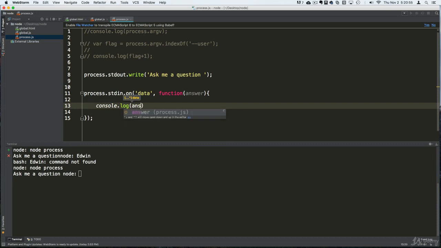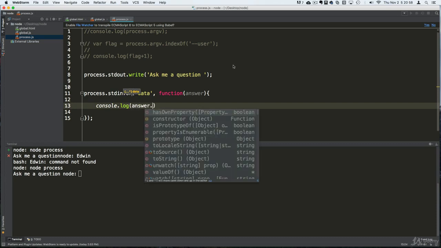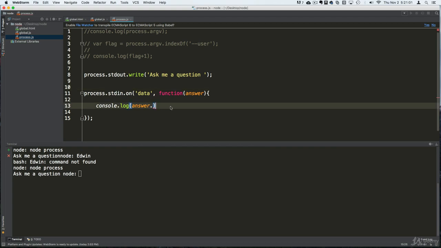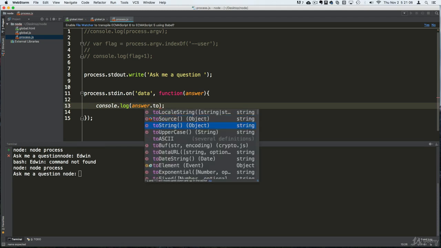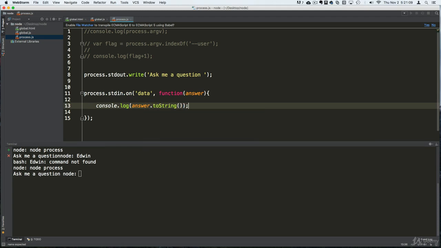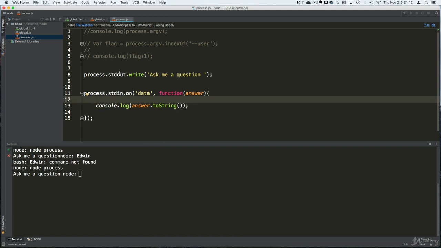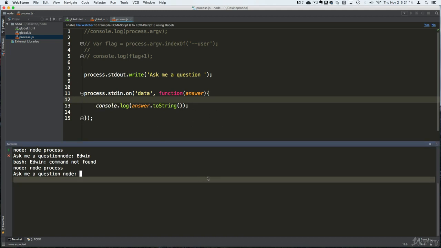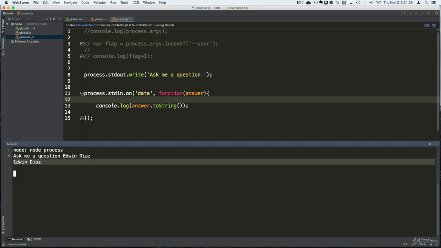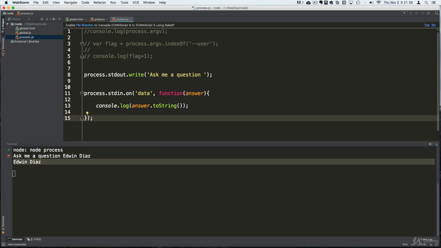and or answer. Okay, now we have to kind of play around with the data that's coming back because it doesn't come back as a string. So let's see, we have a function here, toString. Play around with it a little bit, and so you can see this in action. Okay, let me do Control C. Let's clear this out. Let's come back here. Let's execute this, and I'm gonna say Edwin Diaz, enter, and you can see that it replied to me Edwin Diaz. So it was able to get the data that we typed in,